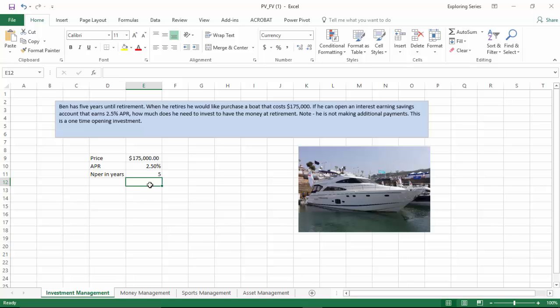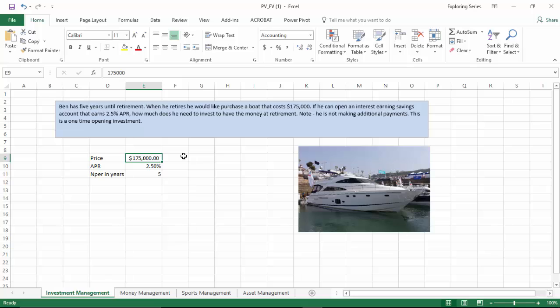Okay. So in this particular case, what we're going to do is something similar. Your client, Ben, is going to give you one lump sum dollar amount. You're going to invest that, and in 5 years, your goal is to grow it to $175,000. So that's how much money we need to have back. You're going to have to tell Ben how much money you need up front in order to make this happen. So in order to do that, we're going to have to figure out in reverse, well,